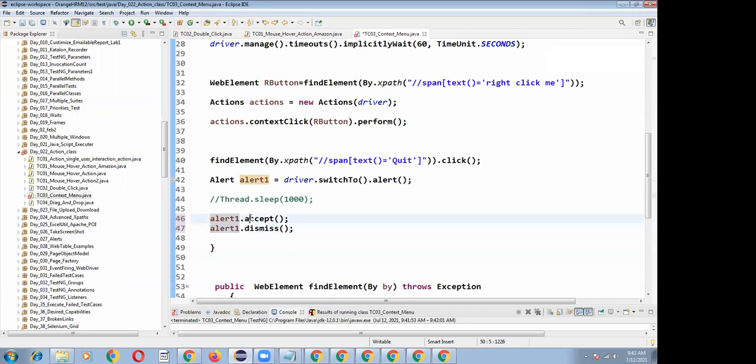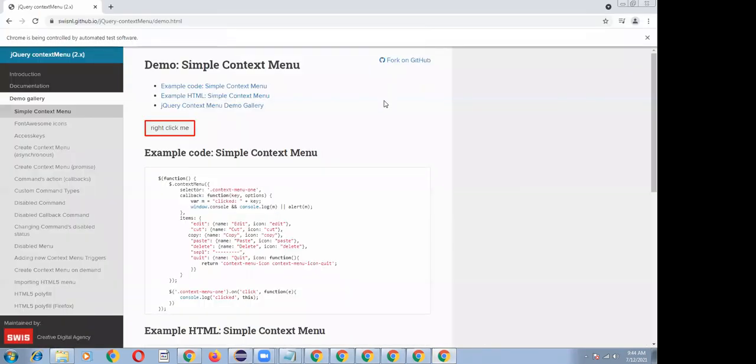So either you write accept or dismiss. Accept means it will click on the OK button. In my alert, it is showing an OK button, so I am writing alert1.accept. After clicking on OK, it will be closed like that.